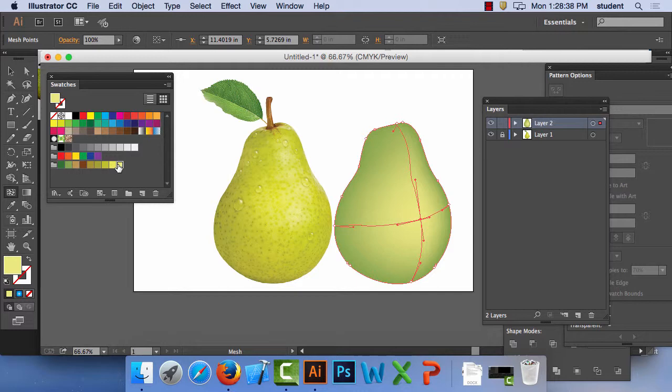Now, since the gradient mesh tends to put lines and more dots down when you click, one way to avoid having too many dots or too many colors you have to deal with, because each dot is a color you have to deal with, is to